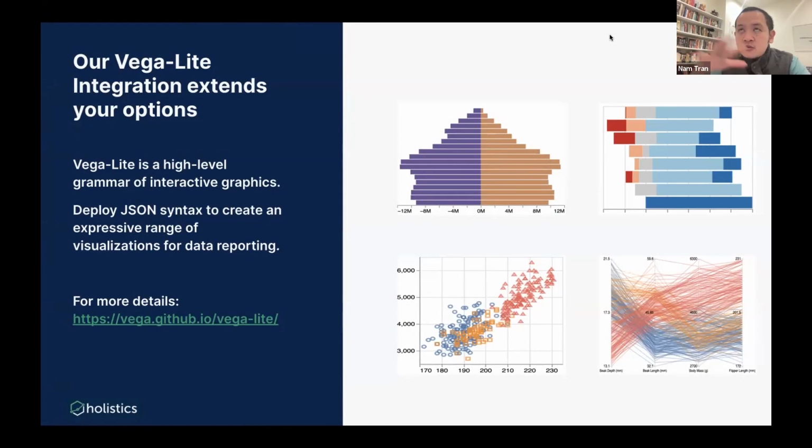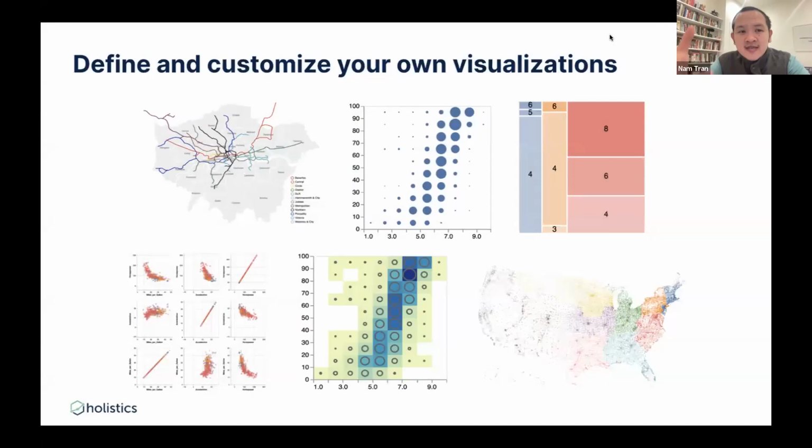So to give it in a nutshell, VegaLite is a high-level grammar of graphics, and we use it because it is defined in JSON syntax, which is easy for you to use. It will help you create the visualizations in the data reporting that you need, right? As you can see, it will help you build a lot of chart types.